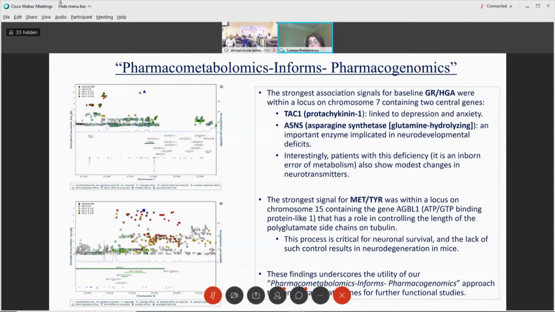This process is critical for neuronal survival, and the lack of such control results in neurodegeneration in mice. So these findings underscore the utility of pharmacometabolomics, or metabolomics-informed pharmacogenetic studies, to identify candidate genes for further downstream functional analysis. And in fact,